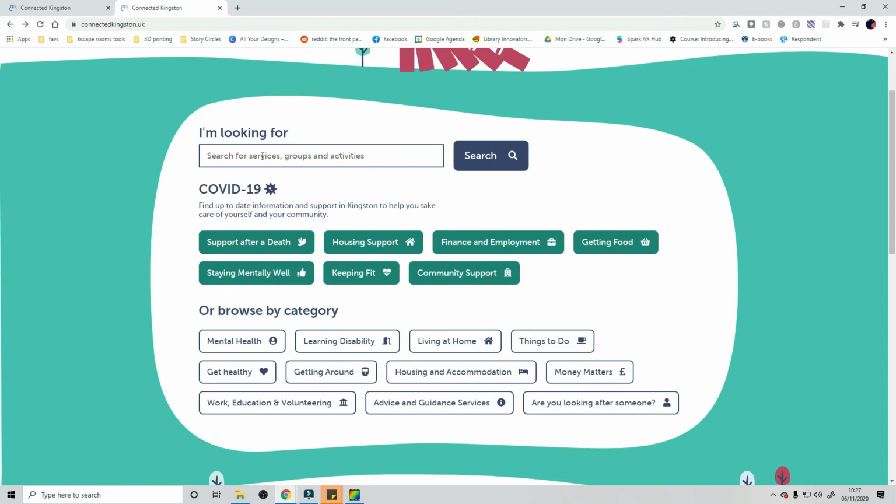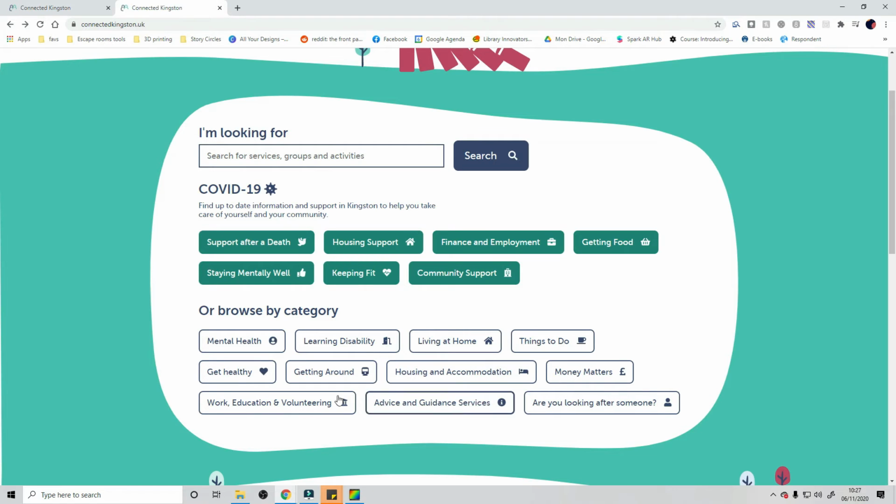So yeah, basically you can really have a look, take the time to look at everything that you can access, everything that could be interesting for you. You already have all the different categories that you could be interested in at the moment with COVID-19 and in general.